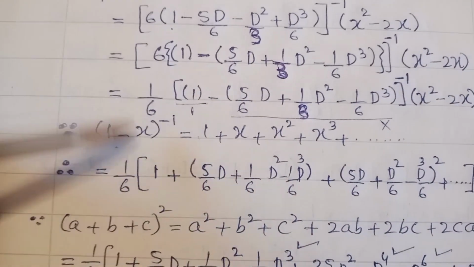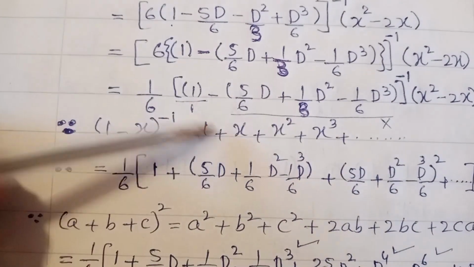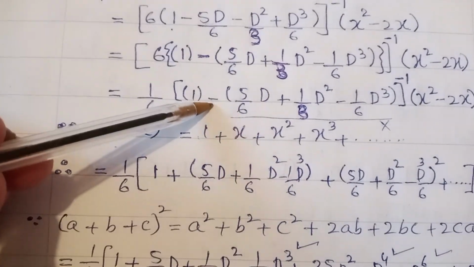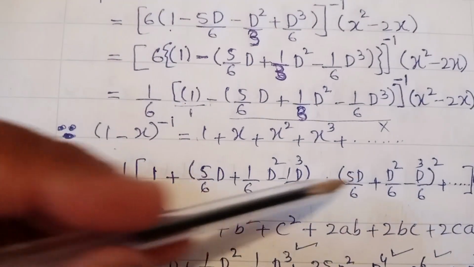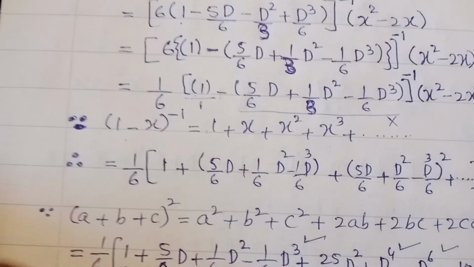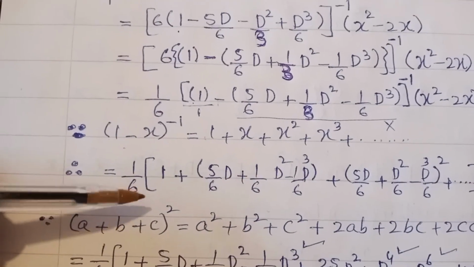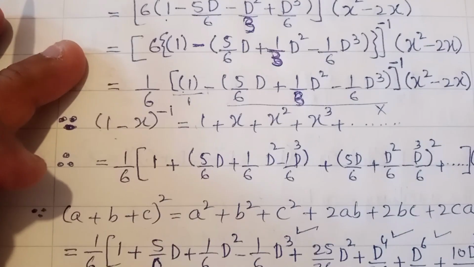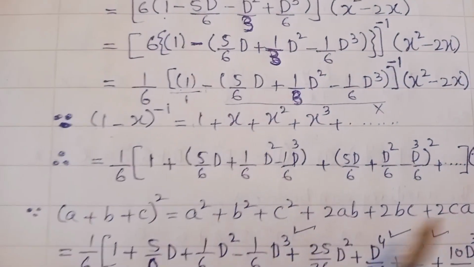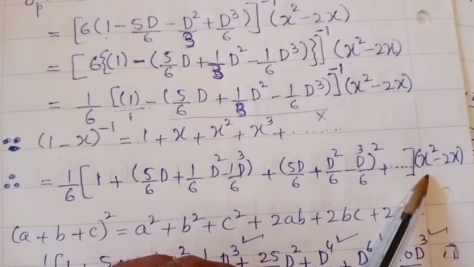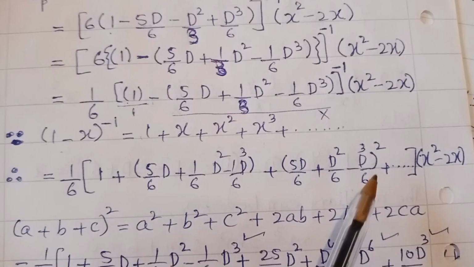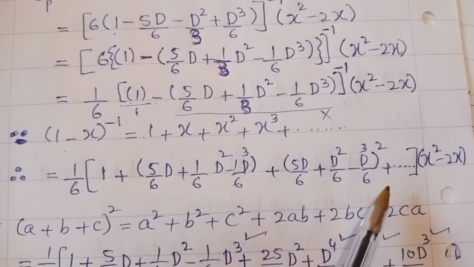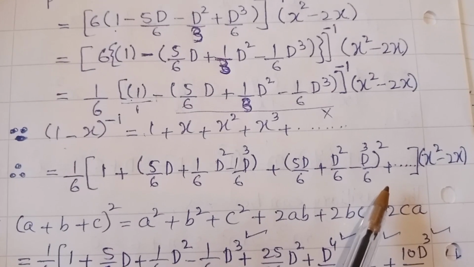So when we apply the same rule on this equation here, that will be 1 minus whole power minus 1. So it will be 1 plus x square and so on. I will take terms only up to x square. Why do I take the terms up to x square? Because the highest power of the polynomial we have is 2. Therefore, we will only take the series up to order 2 in the bracket, and we will terminate,